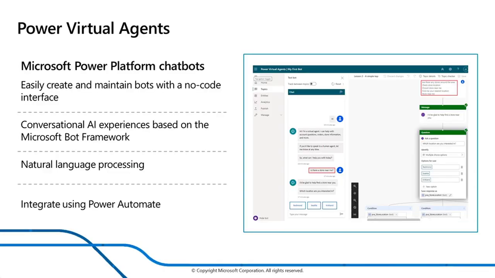So Power Virtual Agent is used to build chatbots. You can easily create and maintain bots with a no-code interface. So you don't have to know about Bot Framework. You don't have to know about .NET. You don't have to know about the different models you've got. You just have to go into Power Virtual Agent and start designing your discussion. That's super interesting because it's really focused on the business requirement, on the discussion you have with the